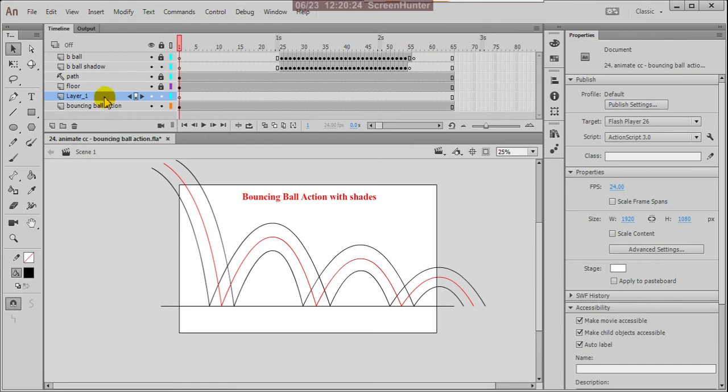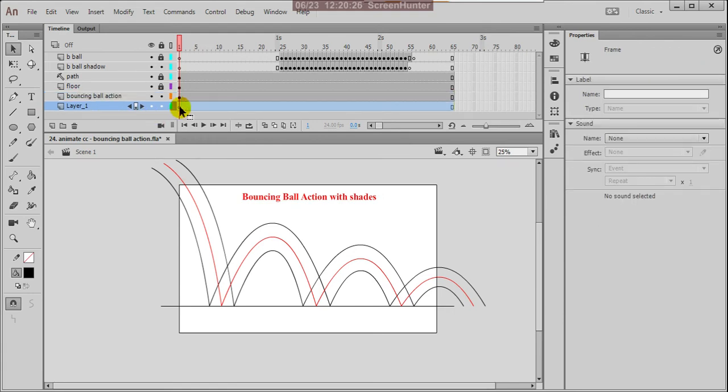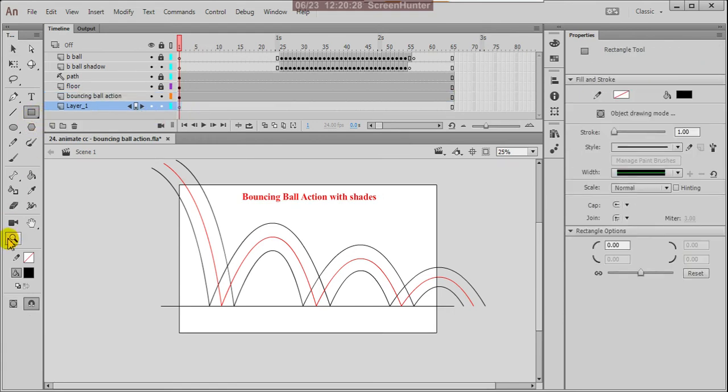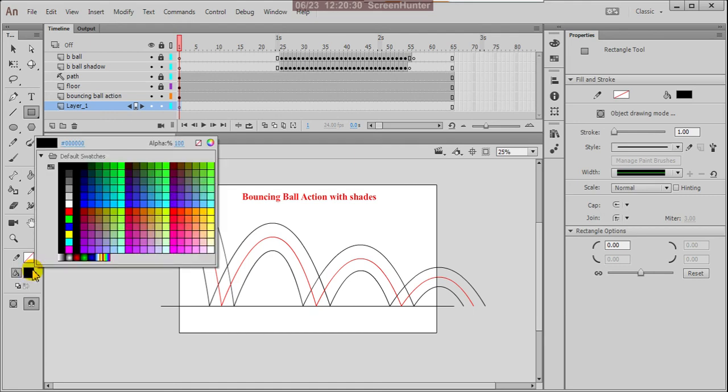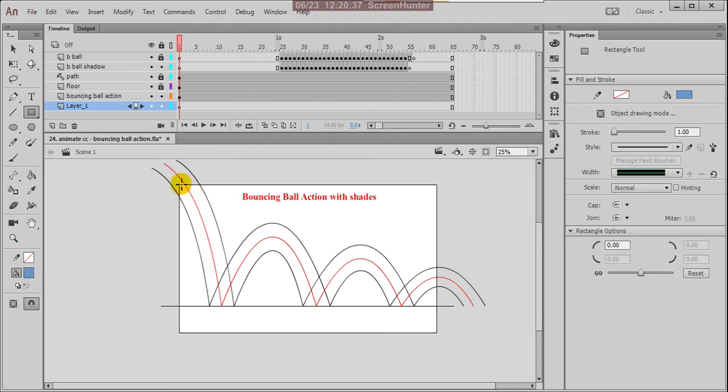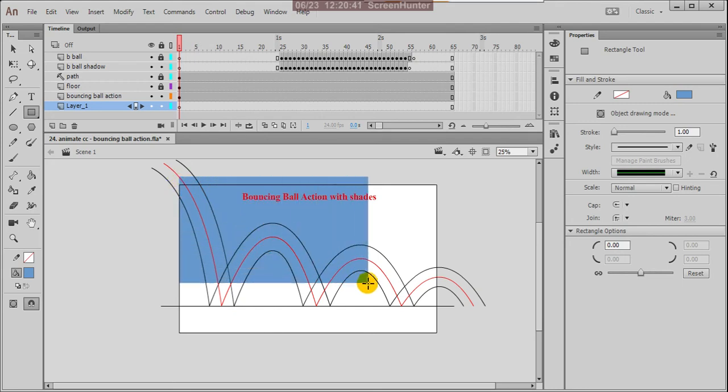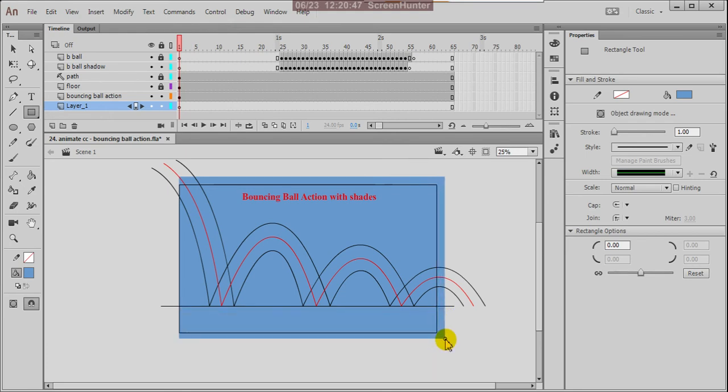For that I'm creating one new layer, and with the rectangle tool I'm drawing one blue box. The blue box is for the background.